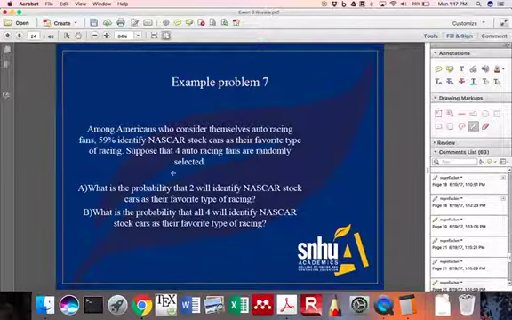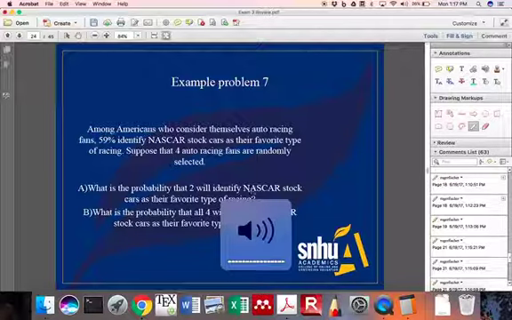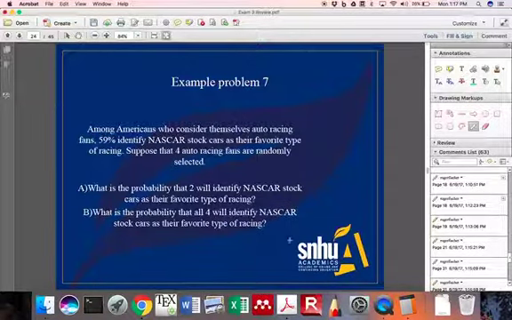Okay, so we want to know the probability that 2 will identify NASCAR stock cars. So, what are we going to do about this? Well,